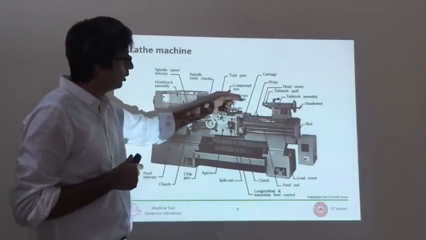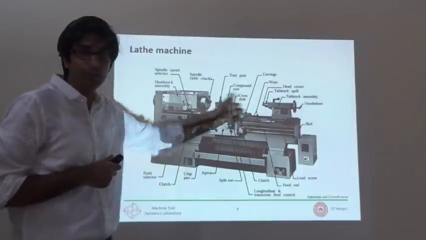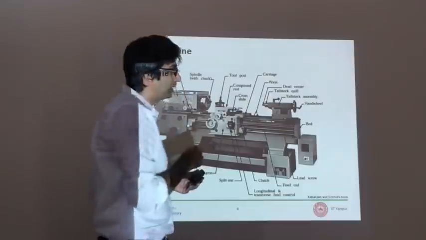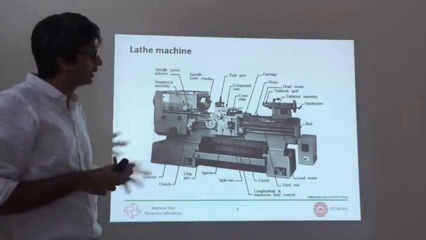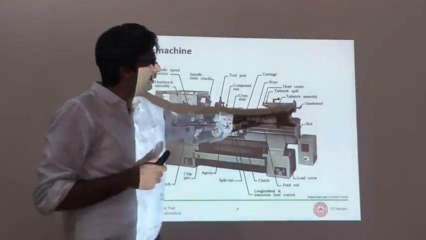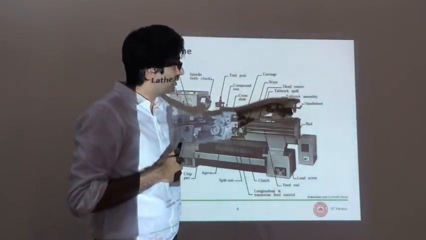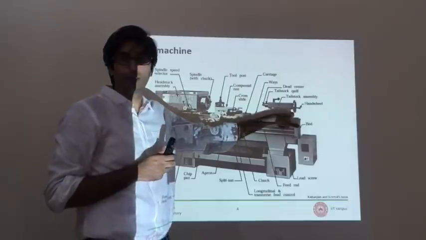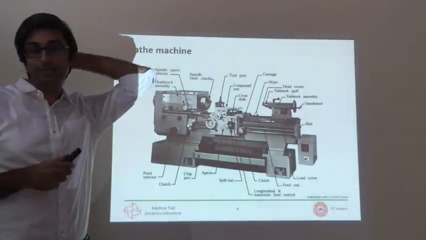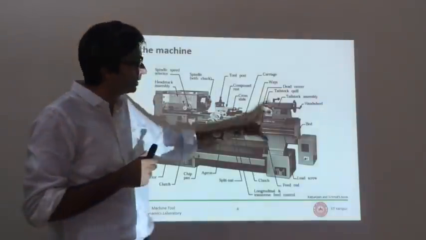You support that long piece which is held over here between two centers, and this quill, this tailstock quill, can move in and out. And the way this moves in and out, so this can be extended or contracted, is again using a hand wheel. So rotational to translational motion. Again, a screw nut mechanism. So everything that we discussed in the mechanism you see are being actually used in this machine.